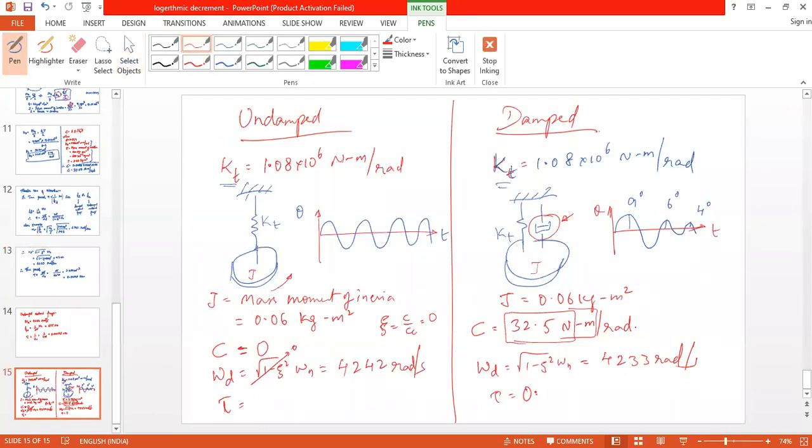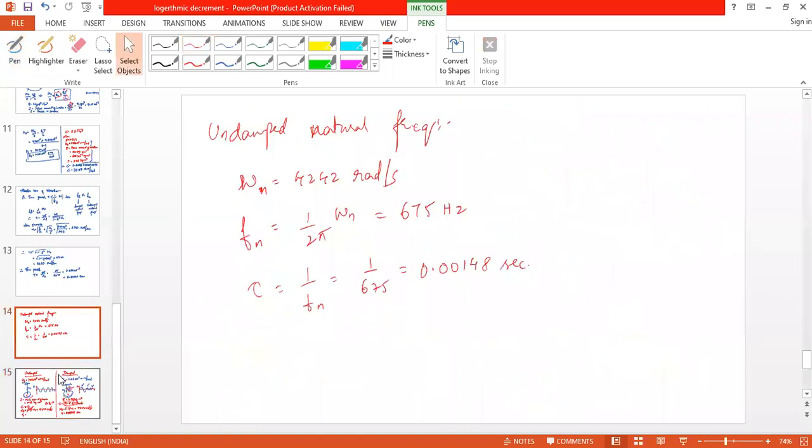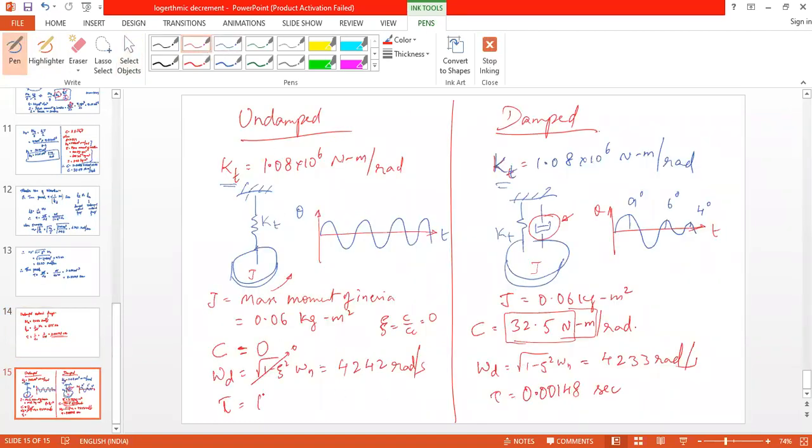It is 0.00148 seconds. And what about the time period in case of undamped? Same. It is again 0.00148 seconds. See here, what we can say is, if there is a damper, if I provide a damper, so